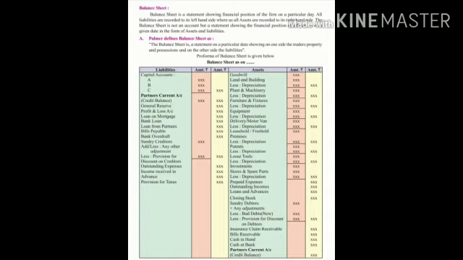See the format of the balance sheet. A balance sheet is a statement on a particular date showing on one side the trader's property and possessions, and on the other side their liabilities. On the asset side, the first item is goodwill. Goodwill is the reputation of the firm which is valued in terms of money. Then land and building, plant and machinery, furniture and fixture, equipment, motor van, delivery van, leasehold property, freehold property, premises, patents, loose tools. These all are called fixed assets.